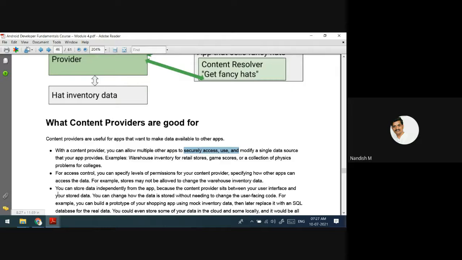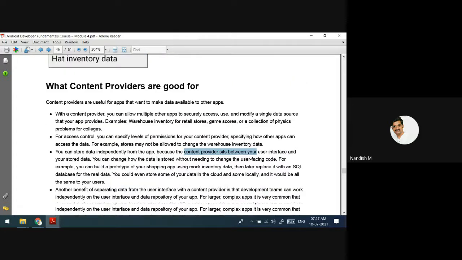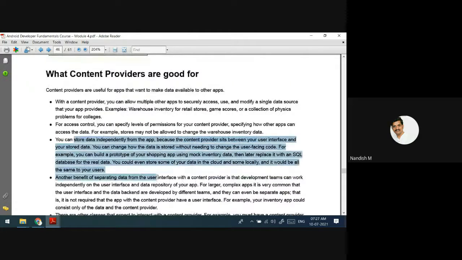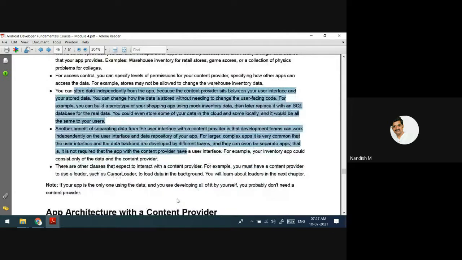That is why we can store the data independently from our app, because our content provider sits between. That internal detail is not at all required for us. It will be helpful for the programmers, developers. In that way, there are so many advantages.